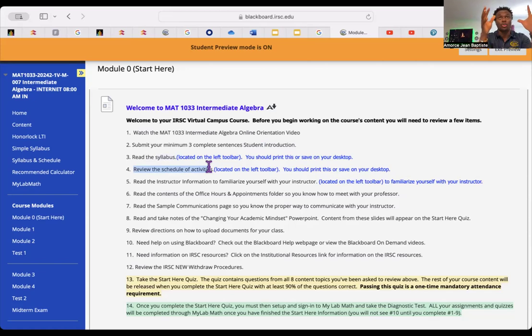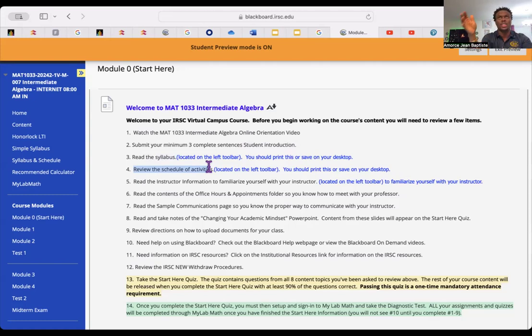I want you to have access to and knowledge of the tools that you're using. So print your syllabus or put it on your iPad and highlight important points, such as your grade calculation breakdown. Also, some of the information, for example, this class does not have makeup or retake. We say that in the syllabus.